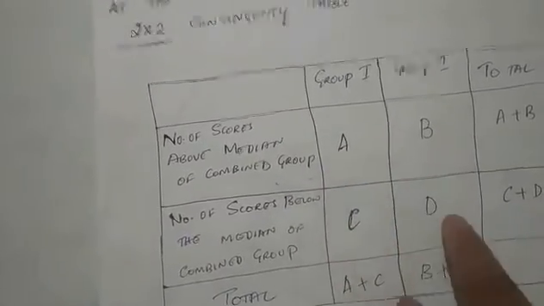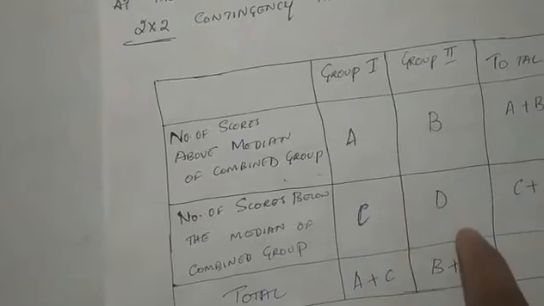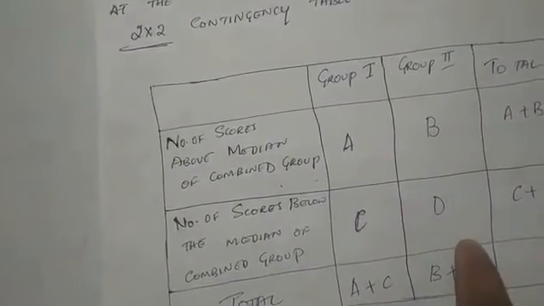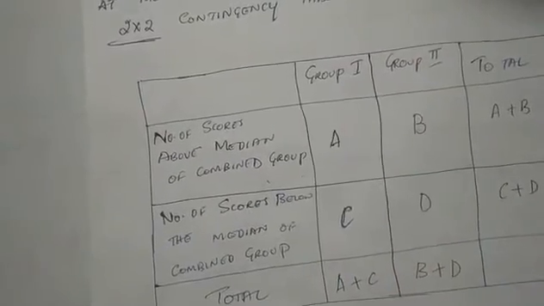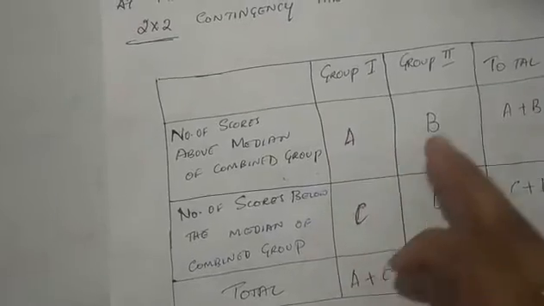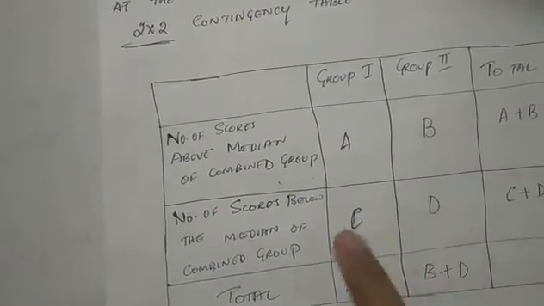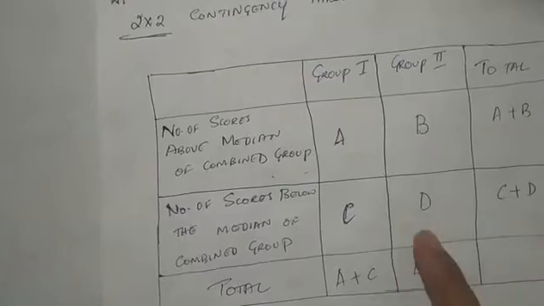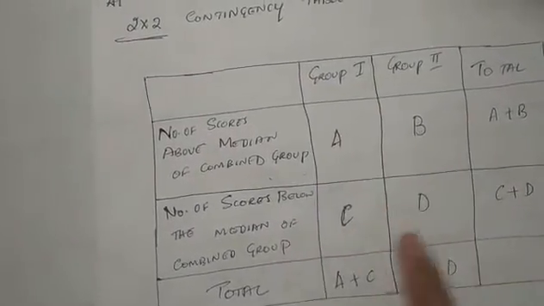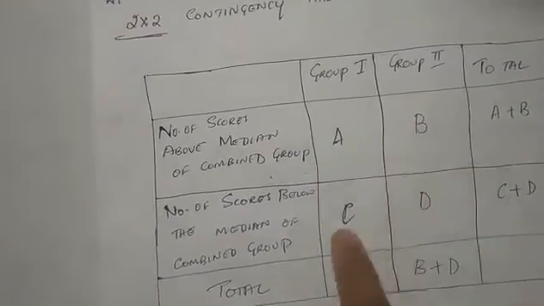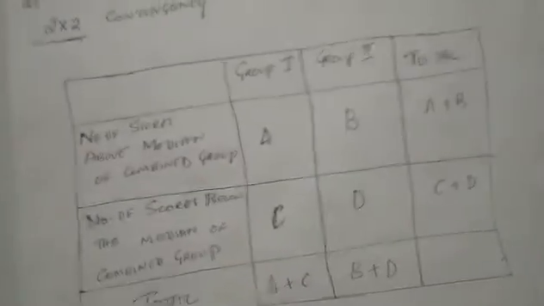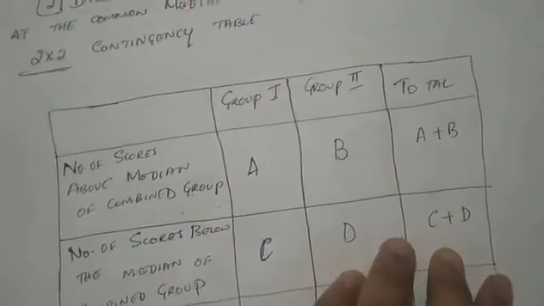Do not change the column names. If you change the column names, the formula gets changed, and when the formula gets changed, make sure you fill in the numbers as per the written formula. If you write A, B, C, D, then you have to write the formula accordingly. So it is always better to keep the names of the columns as mentioned here, A, B, C, D. Do not ever change this. Now let us move on to understand the median test here.